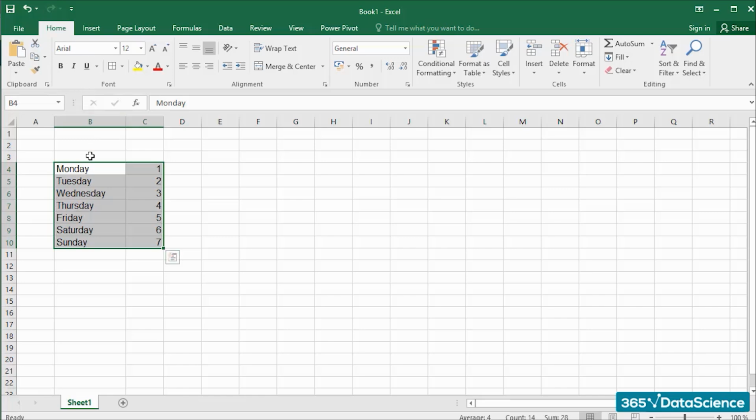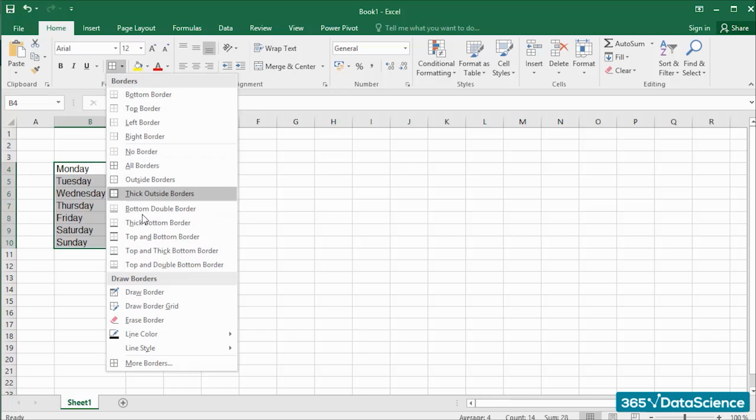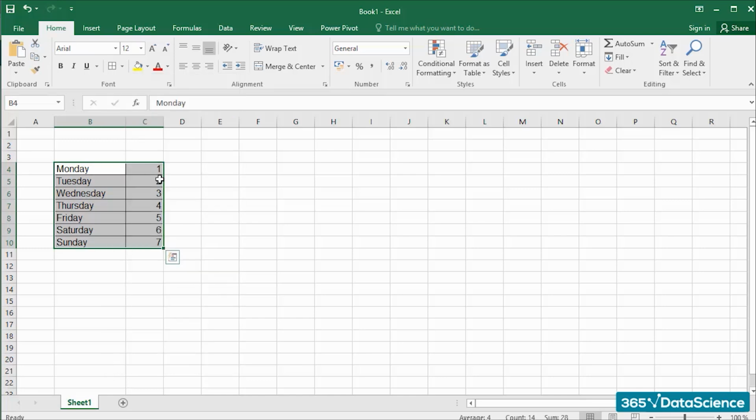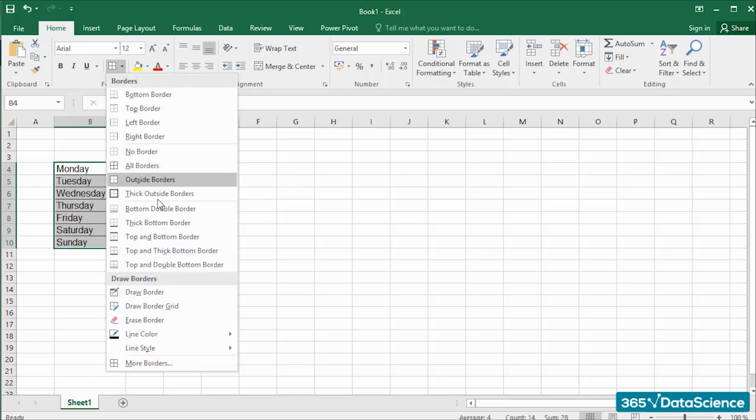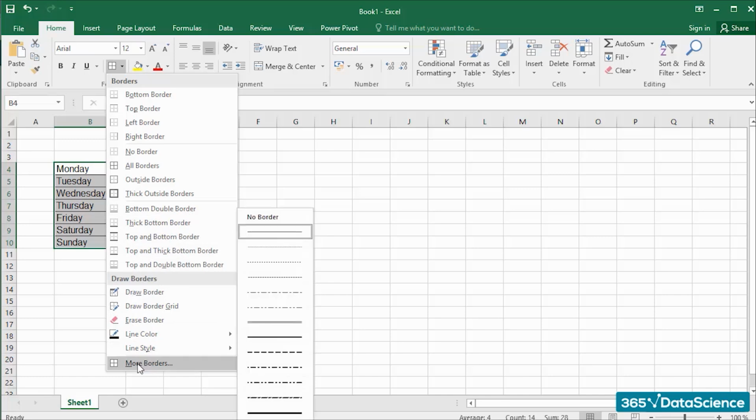It is very easy to create borders for the cells that we have selected. I will click on the Borders button and select the type of border that I would like to apply. I think I'll select the All Borders option. And voila! We have our borders. Similarly, we can add all other types of borders. We just have to select which type of border we want. In case we want additional options, we can click on More Borders